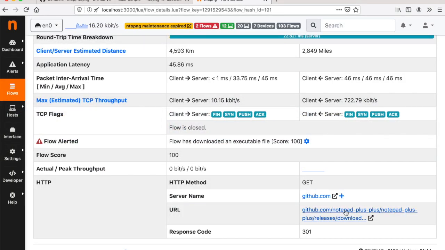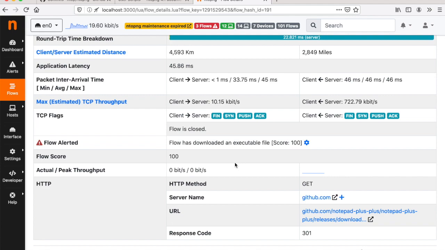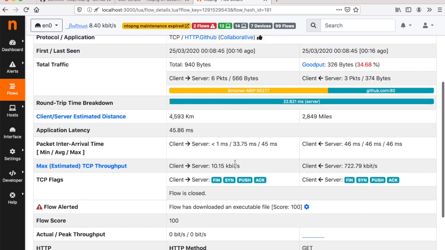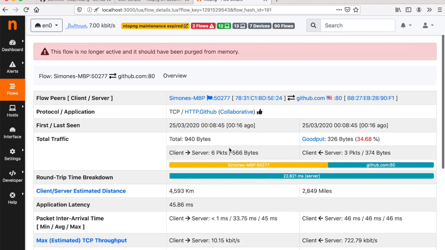So it's pretty powerful as an approach, because as soon as ntopng detects the exe download, it creates an alert and it gives you all the flow information that has caused this alert to be triggered. But now the point is that this is live information, so a download is going to disappear in a few seconds or a few minutes. And we don't really want to lose this information. We want to preserve the history of all the flows that have been downloading